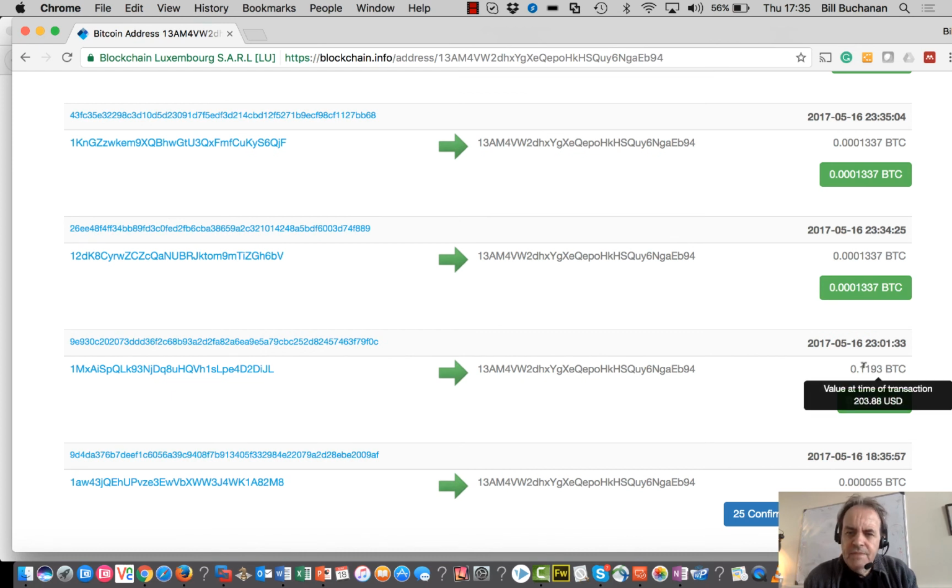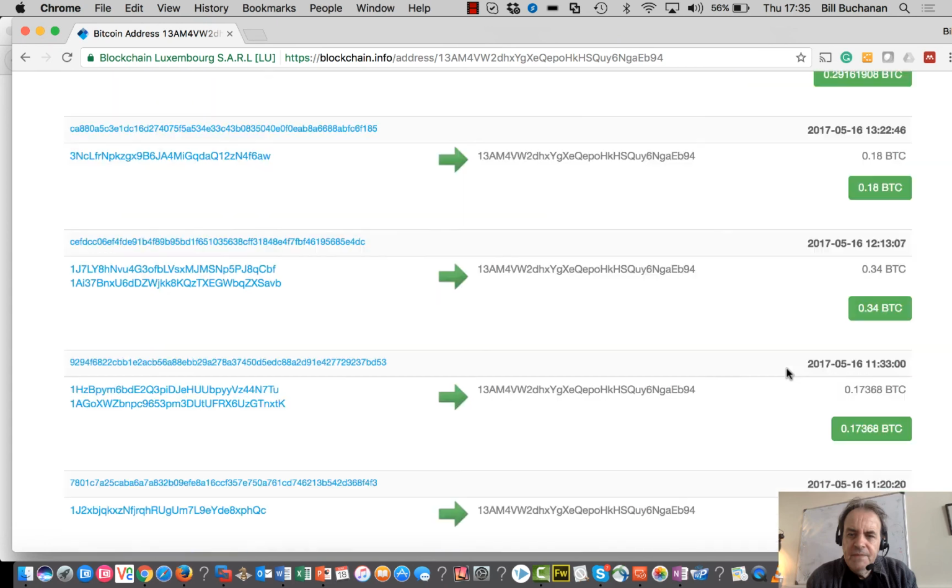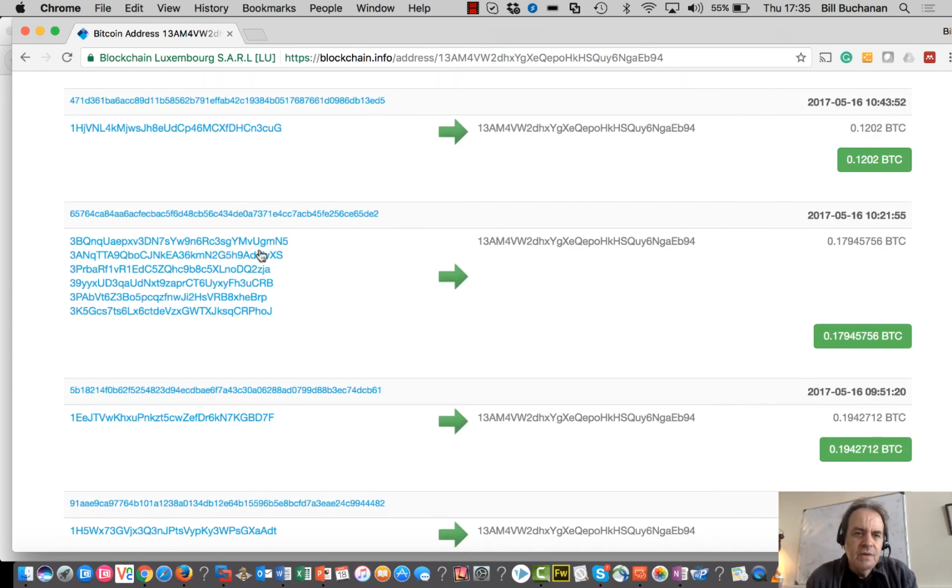0.1 Bitcoin, as we can see, is about $200 there. This is the larger one. So there are two basic levels of payment, from about $300 to about $600. We can see when the payments have been made.